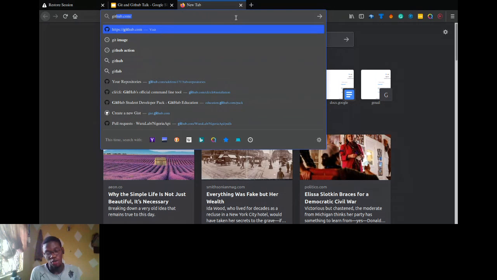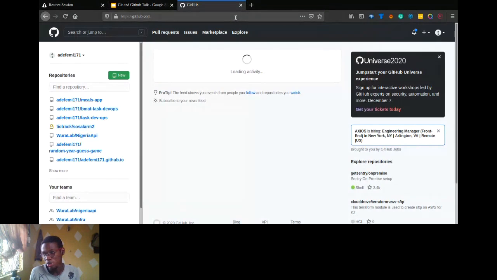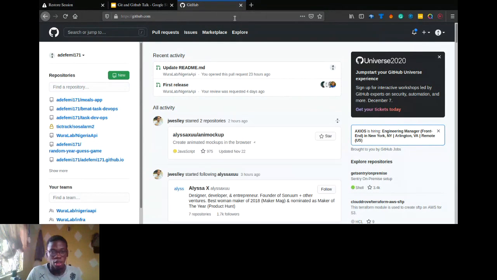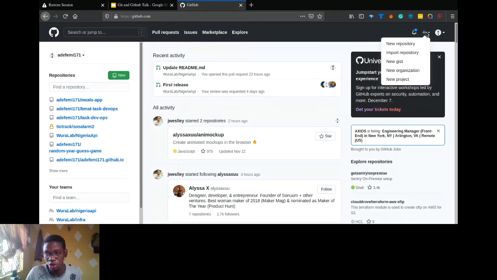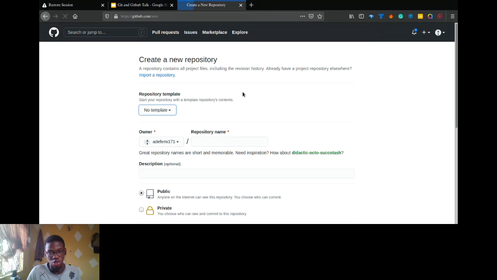For you to create a new repository, you have to go to github.com. That's their website basically. If you open github.com, yours might be different from what I'm seeing here. But then you can just click on to create a new repository. Now you can just click on this plus new repository, then give the repository name. Let's say dsc